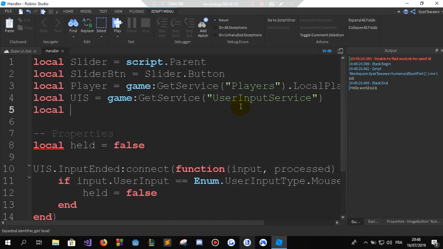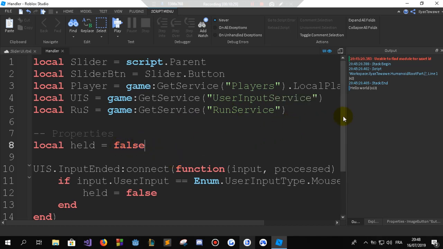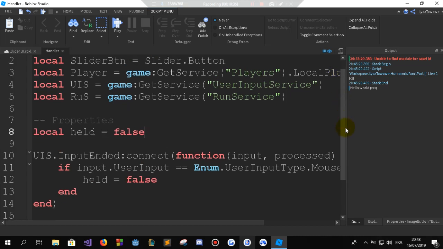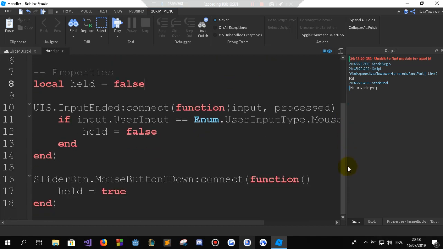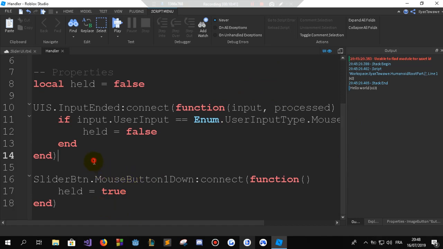I'll get the run service also. Game get service run service. I just called it RUS. I didn't call it RS because I usually call replicated storage RS, and this is just a convention for me. You can call it whatever you want, but I just call it RUS like that. So anyway,